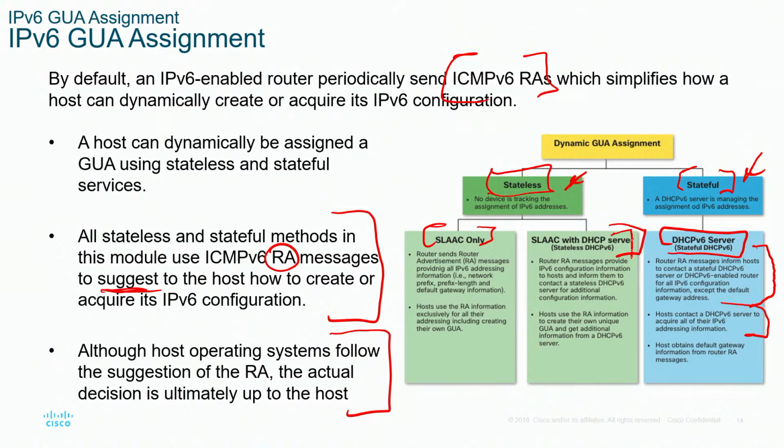The stateless version of that, using SLAAC, will happen by magic. If you've got a DHCP server, it will provide additional information on how to create their own GUAs,